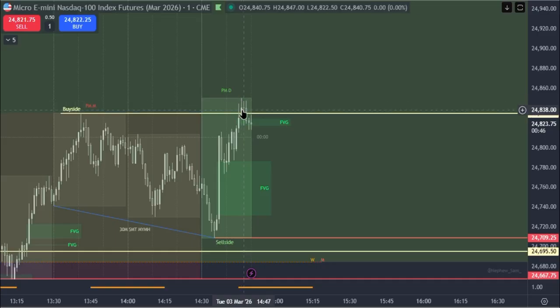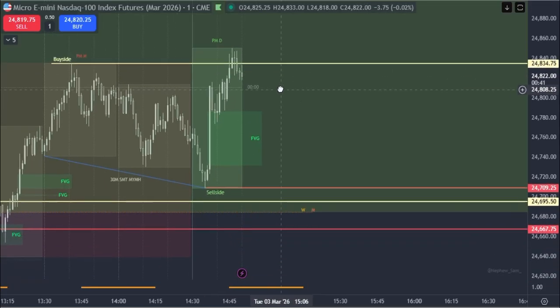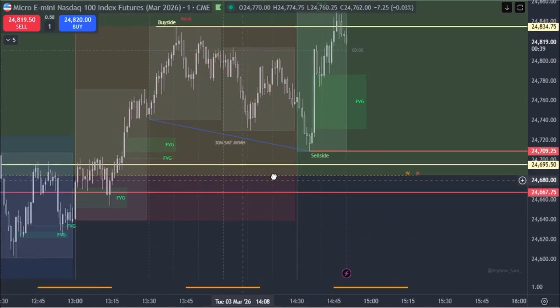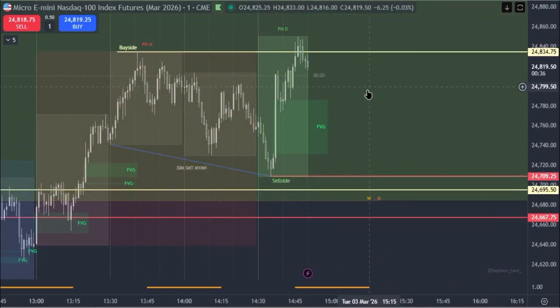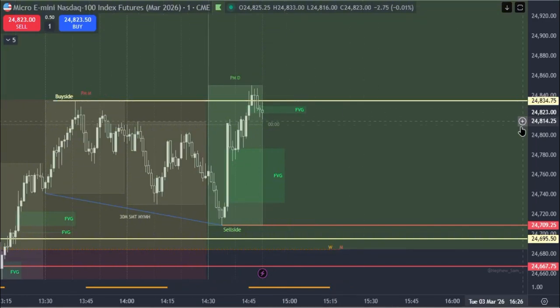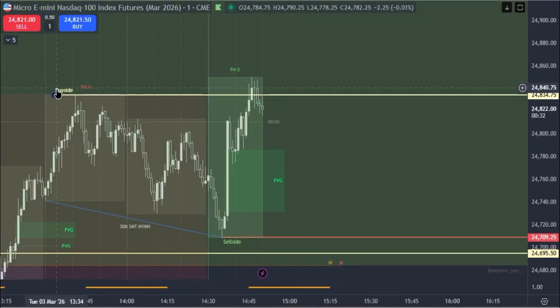I haven't identified a type 2 SMT here, so I'm just gonna have to wait. And if it dumps without me here, then it's just gonna have to go without me. But these are signs of reversals right here. Why? Because we purged your buy side, and this here